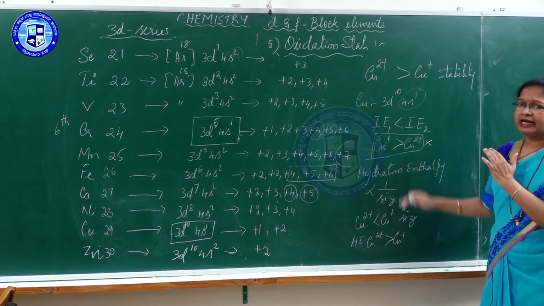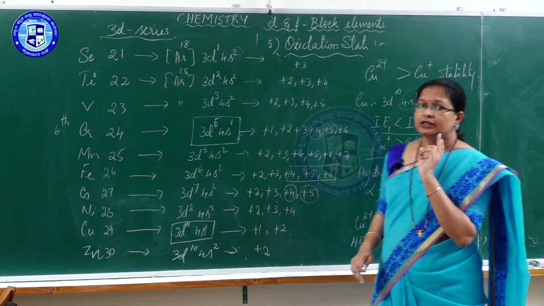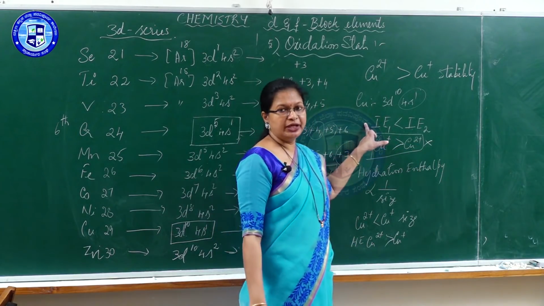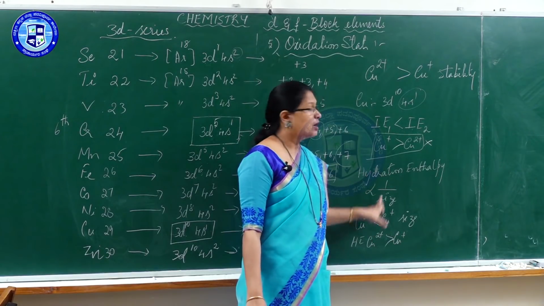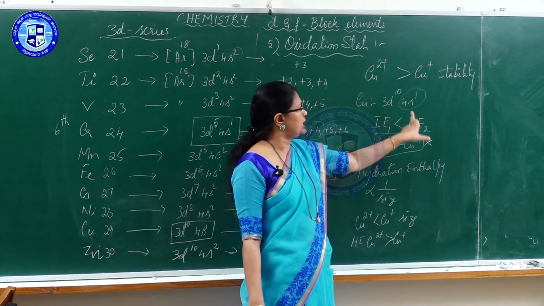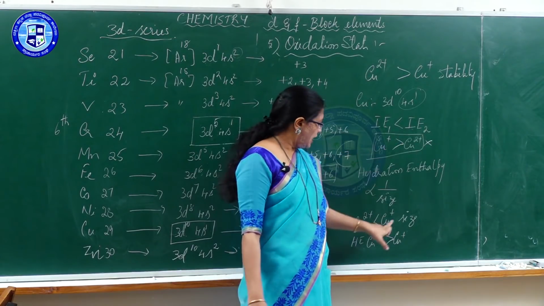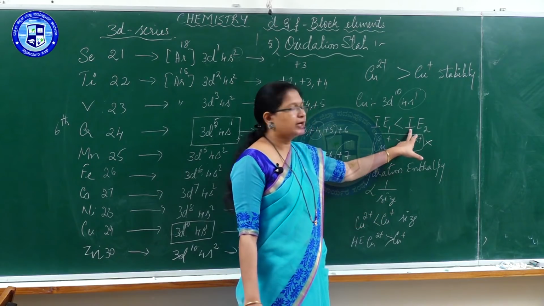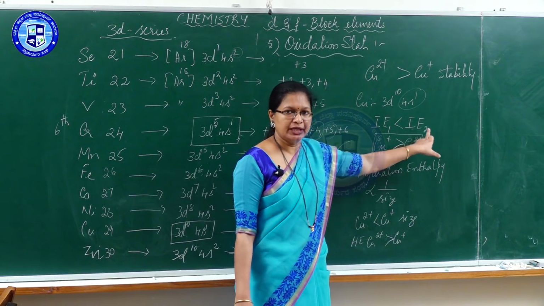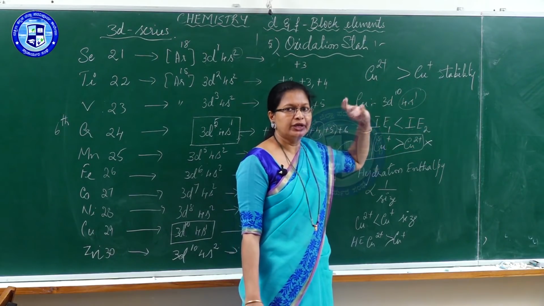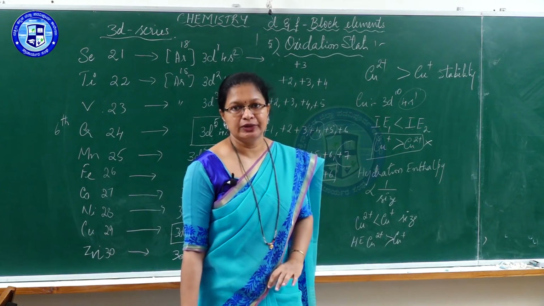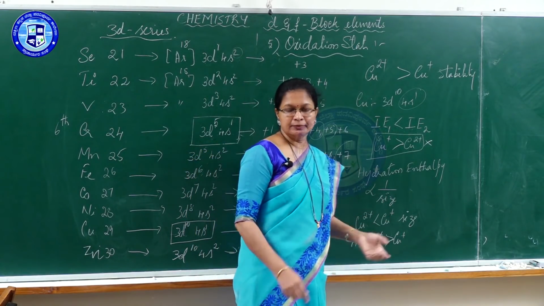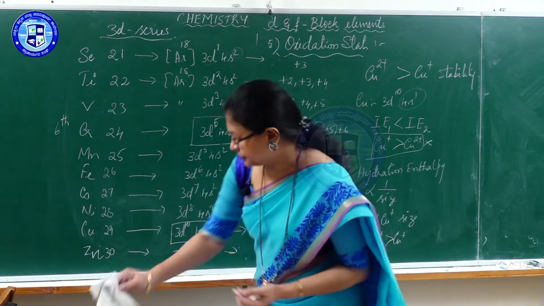So in order to summarize this, the formation of cation is based on ionization potential and hydration enthalpy. Ionization potential 2 for cupric ion is high, but hydration enthalpy of cupric ion is so high that it can overcome this ionization potential in order to form a stable cupric ion. That is, cupric ion formed is stabler than cuprous ion. It's clear? That is another point to be remembered here.